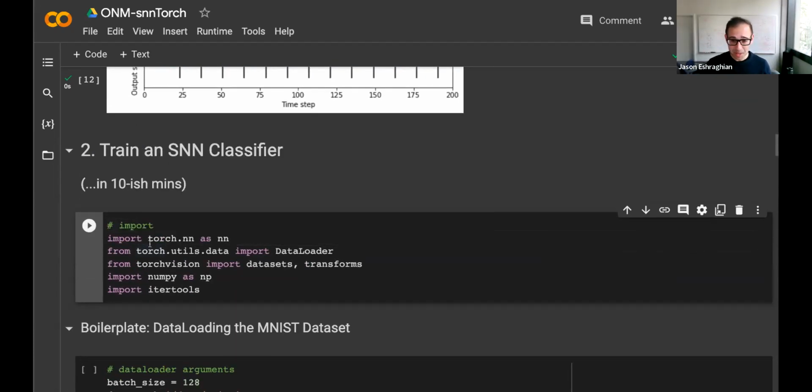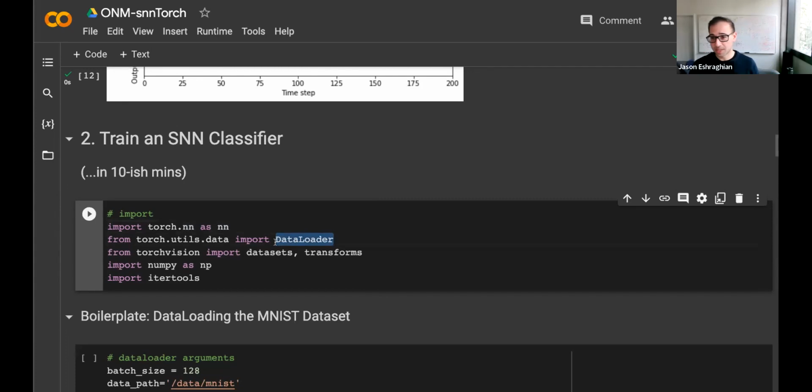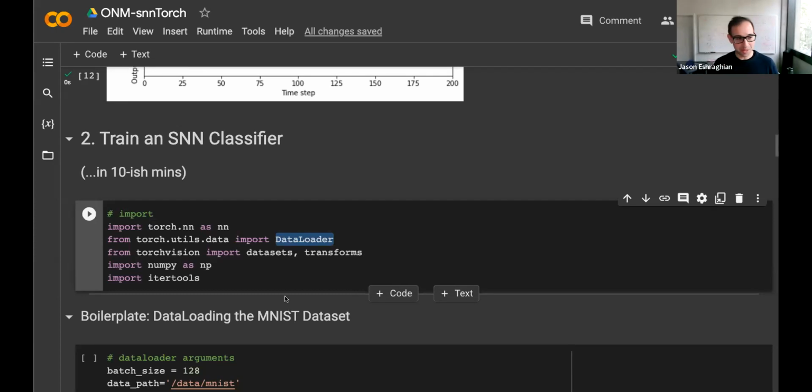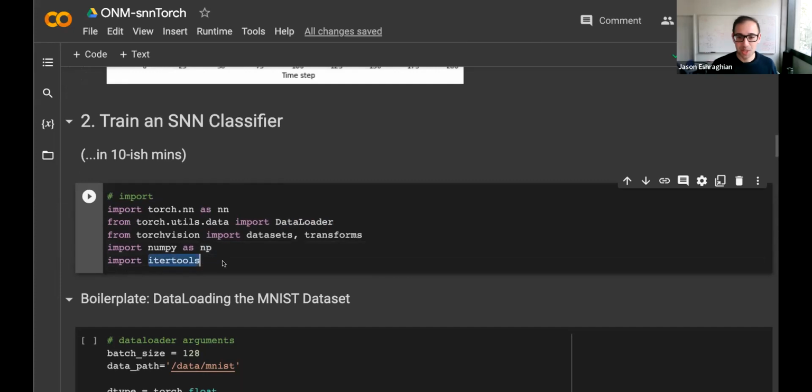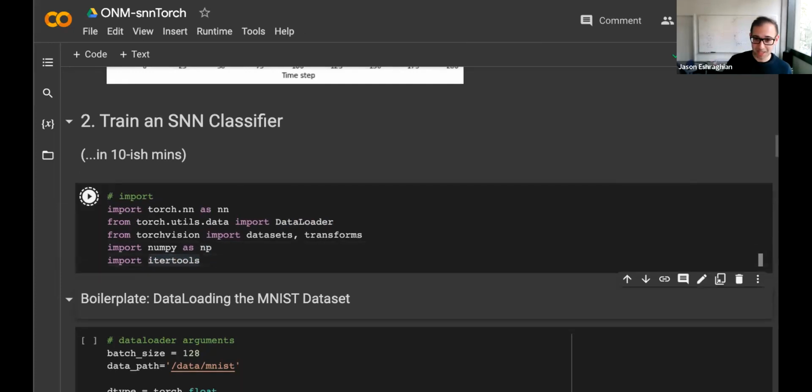Anyway, so we import a bunch of functions. Torch.nn has all of the base PyTorch layers that we want. Data loaders so that we can actually load data. We're going to start with the MNIST data set just because it's quick, but it also is a little too basic. So we might want to play with more complex stuff, and hopefully we'll get there using Tonic in a bit. And then we want to transform that data. NumPy is great, it's got some nice functions in there, so I'll import that too, and itertools, which lets me iterate over samples of data as well.